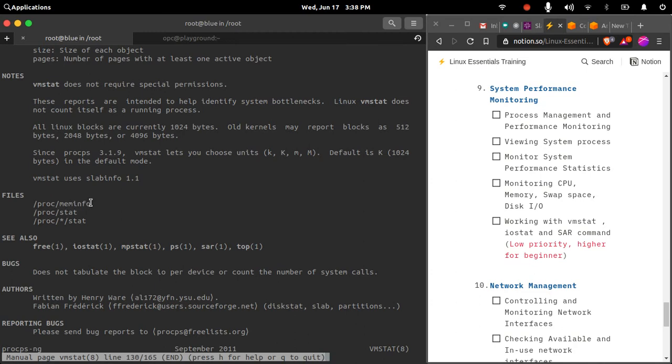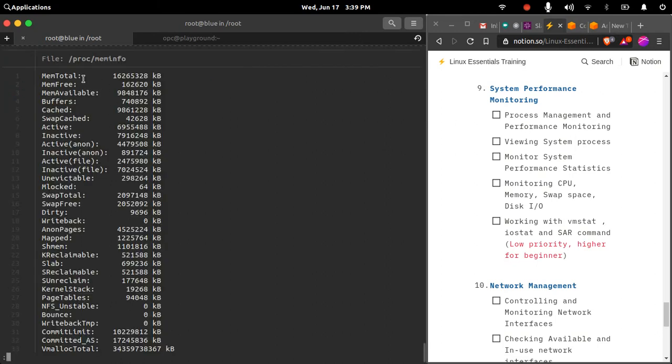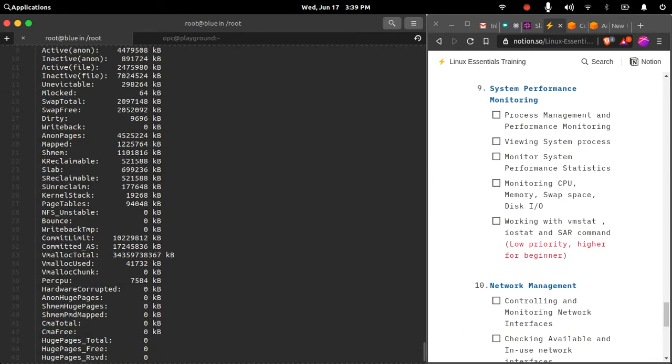/proc/meminfo contains all the memory related information of the system. /proc/stat contains the system statistics that we already had seen. If we check this file with cat /proc/meminfo, this is the memory related information of my system currently. vmstat will read values from this file and present them to us.